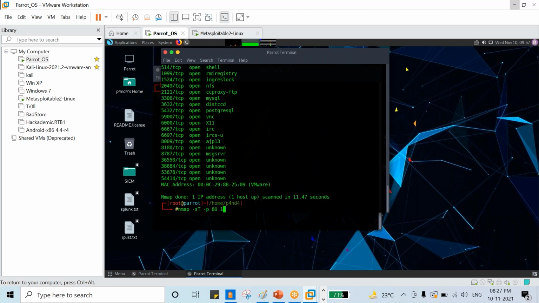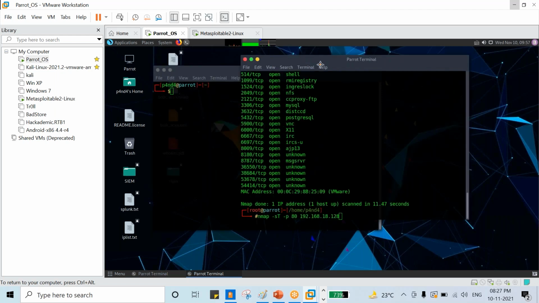What is the target IP address? 192.168.18.128, right? nmap -sT, and I'm doing the scan on port number 80 because port number 80 is open. Now we'll see whether we get the reply or not.